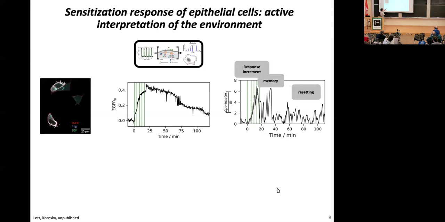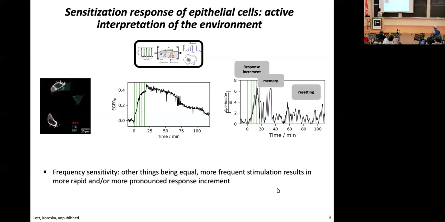And if we look at the protein dynamics, in this case, we measure the activity of the receptor at the same time, we see similar features also in the internal representation of the cell. So you have this climbing activity in terms of the activation of the receptor. You see this transient activity, which is maintained, and then the system resets. And this is not everything. We have also seen that the system has even more complex features, such as frequency sensitivity, meaning that more frequent stimulation results in a more rapid and more pronounced response increment, which is, slightly in the opposite way, one of the hallmarks of habituation that have been defined, but actually no one even defined response properties for sensitization. So this is one of the properties of sensitization that we were able to derive from